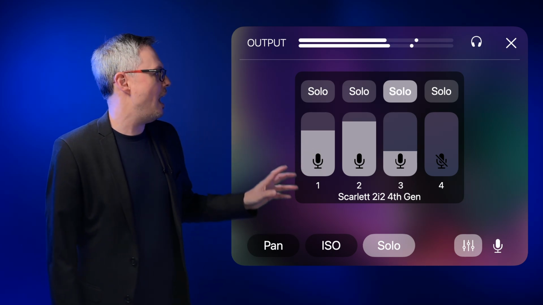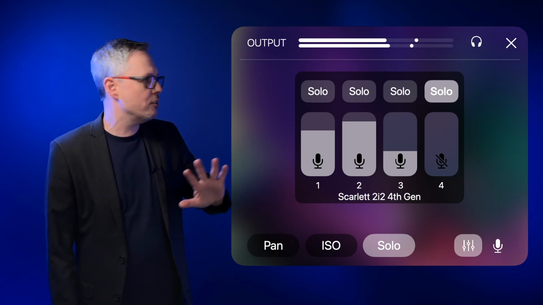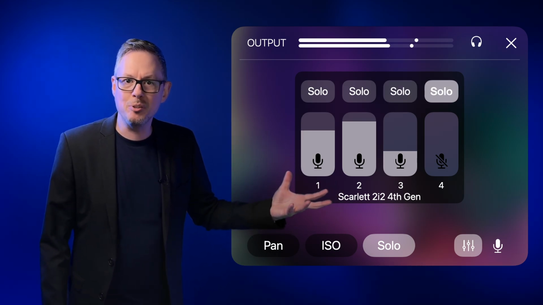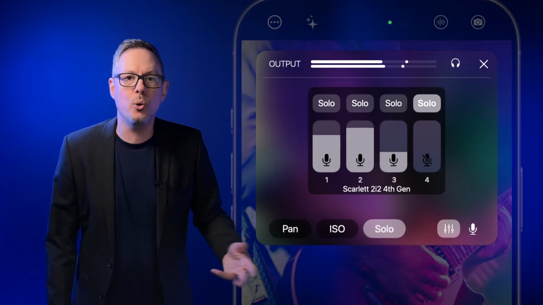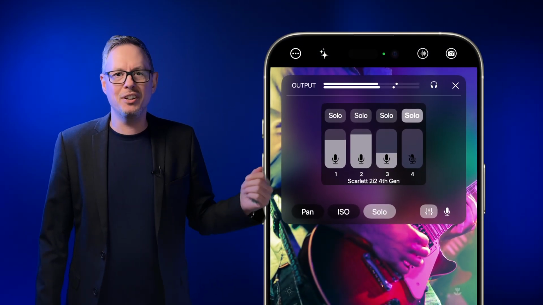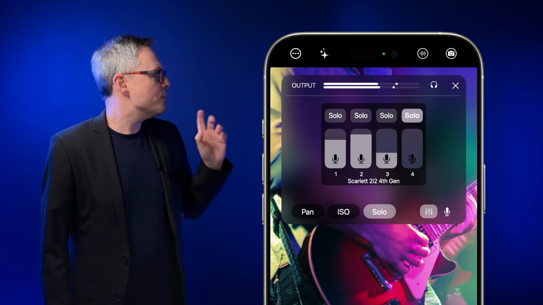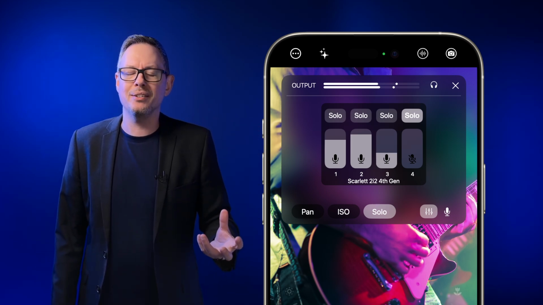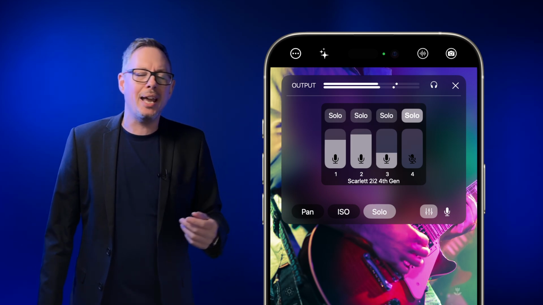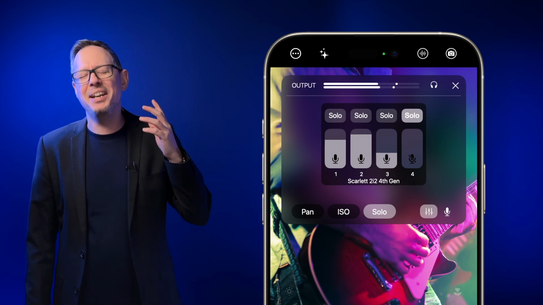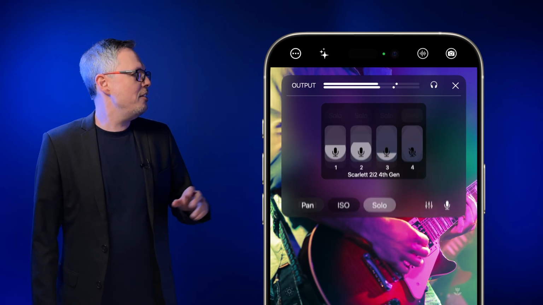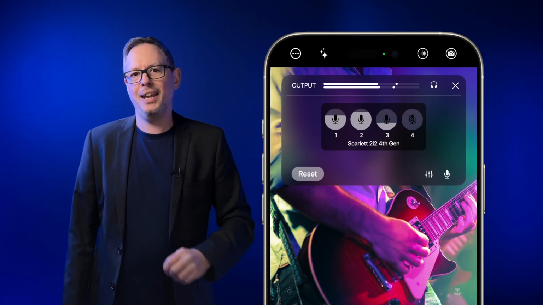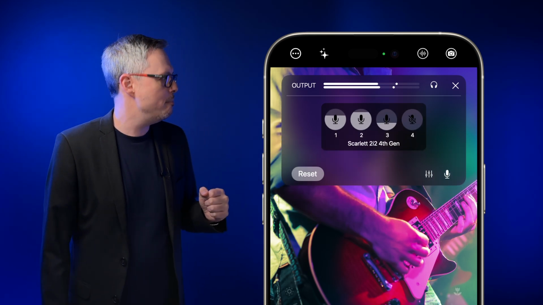I can also do that for channel 4, because even though channel 4 is turned off, the solo happens before all of that. So I can listen to channel 4. So I know it's being recorded. I know the right stuff's there, but it never goes out. Now, solos only happen when the solos panel is open, because you don't want to get into a mistake where you're sitting there going, oh, this is a really nice mix, and then you realize that actually it's all on the solos and no one can hear anything. So if you're not on solos, you don't hear the solos. You only hear the stereo mix.